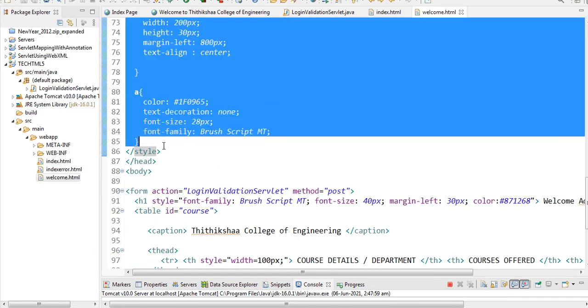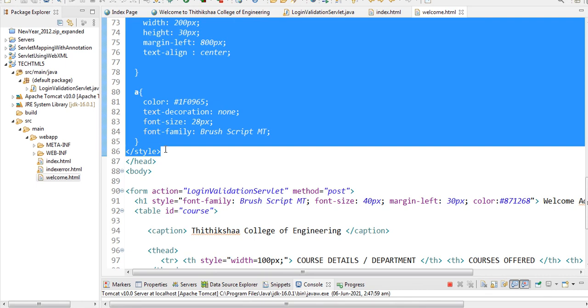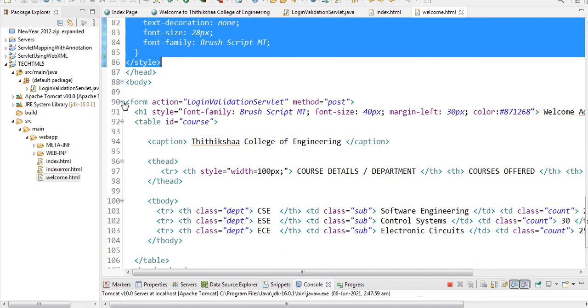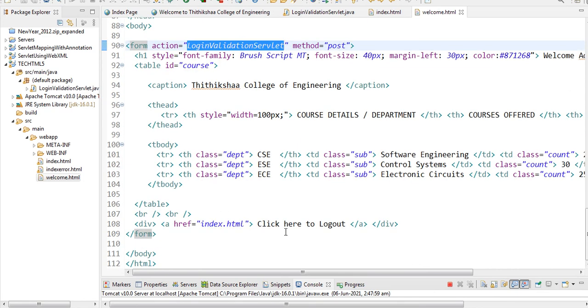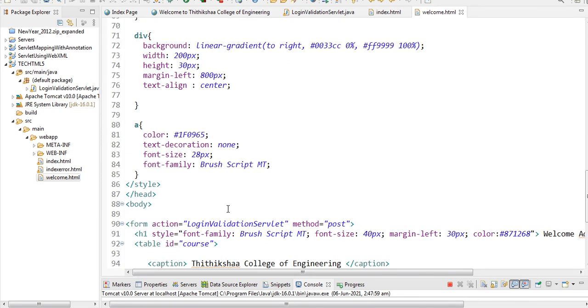You have 3 types here also, and this is called a form. When you click this form, it will go to the login validation servlet and it validates the input, and thereby it gives the output. This is what I want to tell you. Like I am using an href, right? See, I'll show you this example.